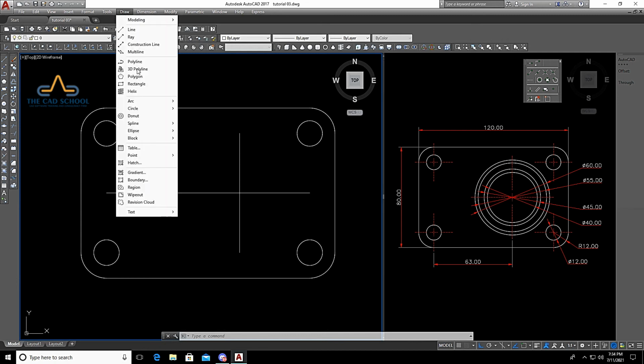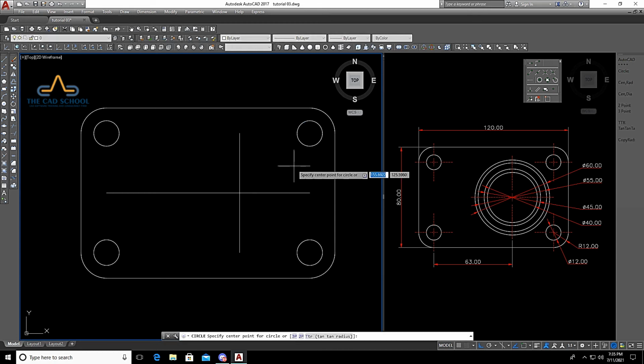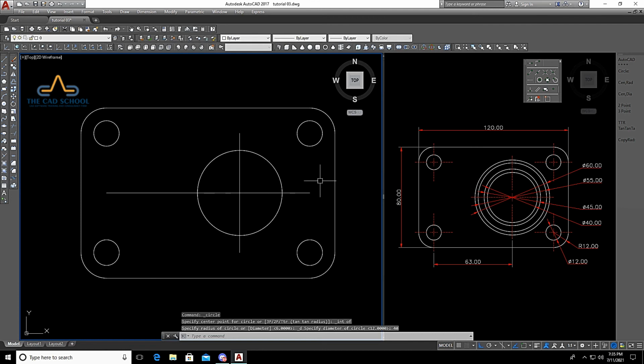To draw the circle, go to draw, circle, center diameter. To locate the center point, I will be selecting snap to intersection from the object snap toolbar. Mention the diameter, that is 40.